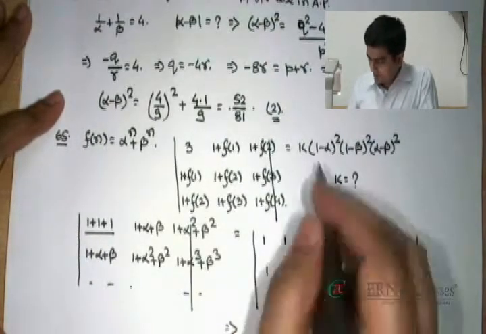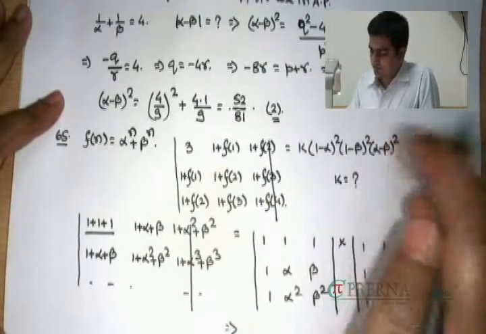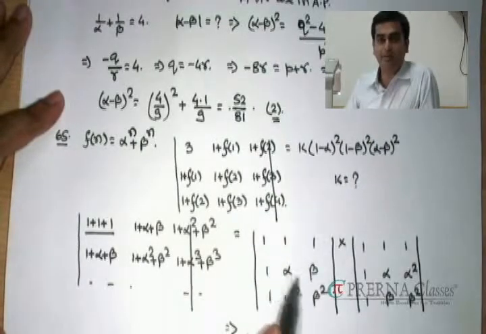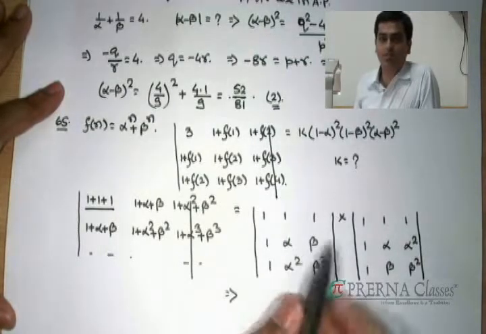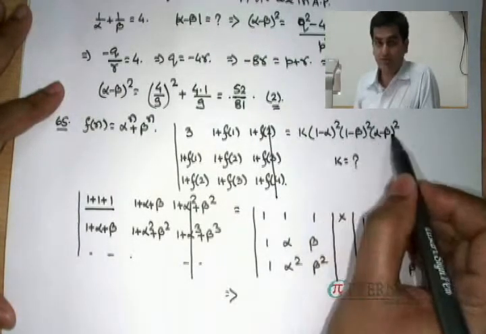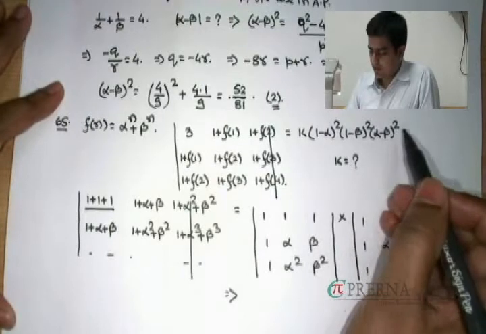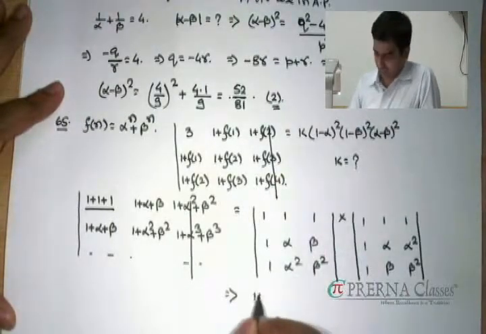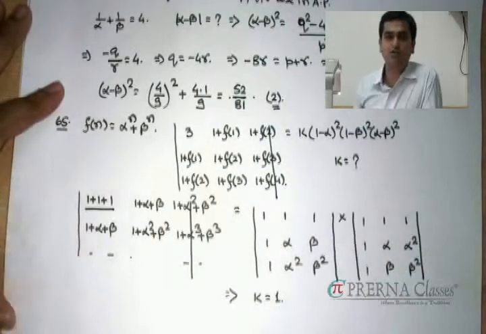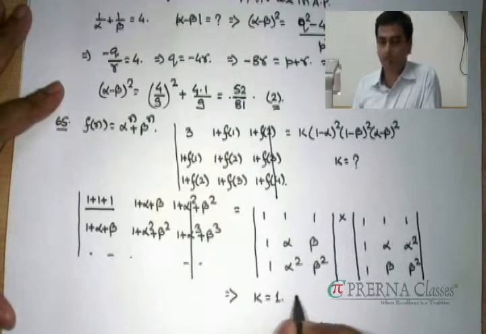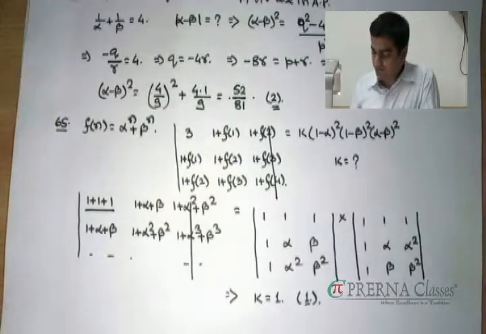Moreover, if I consider the expansion of it, leaving aside the perfect square there, if I consider the coefficient of alpha beta square in this expansion of this determinant, it is clearly 1, alpha beta square. In this product, excluding the whole square part, alpha beta square's coefficient is 1. Because of the square, I am neglecting that. So the value of k, you can directly say has to be 1, because coefficients in both the cases are matching perfectly. And hence that is going to give you the final answer as option 1.